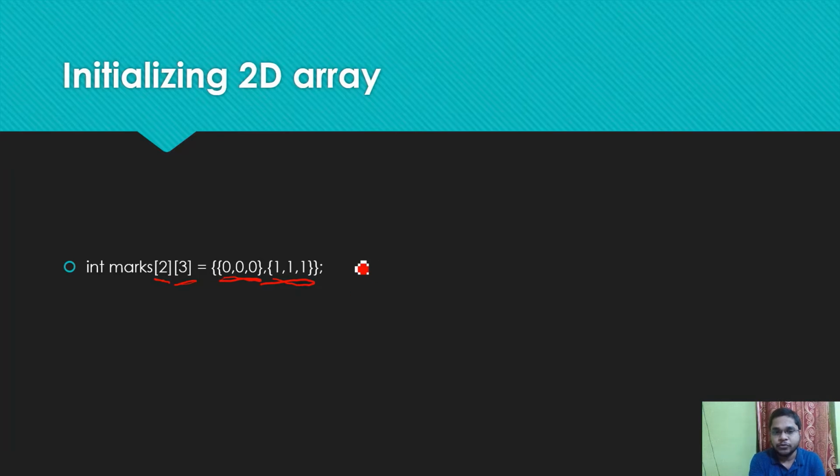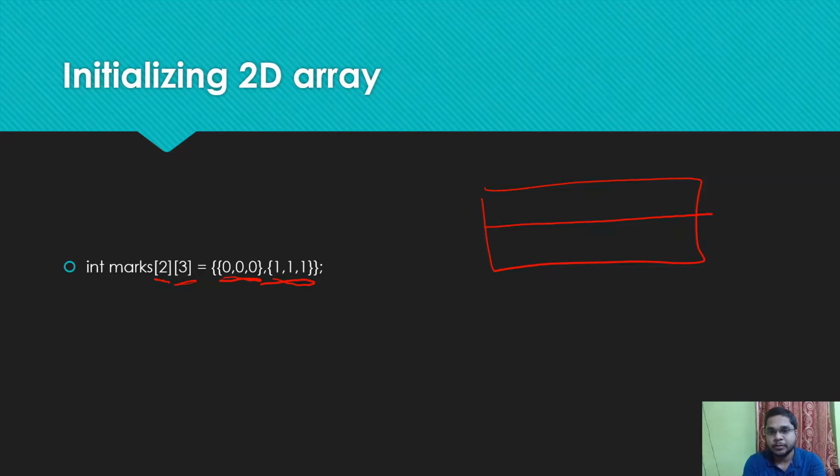If you see the block diagram of the marks array, here this is my array, number of rows are 2 and number of columns are 3. In the first row the values are 0, 0 and 0, and on the second row the values are 1, 1 and 1, and this is my marks array.